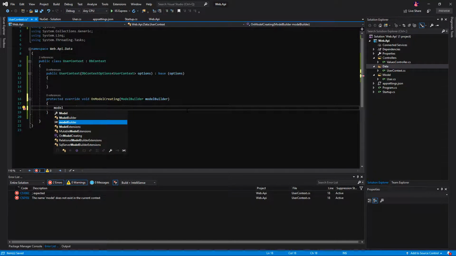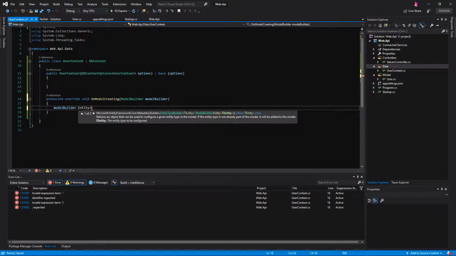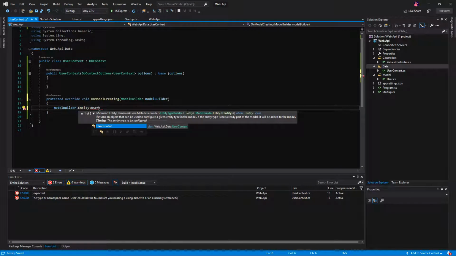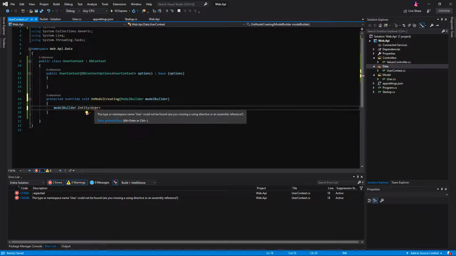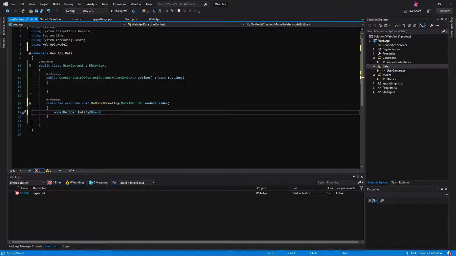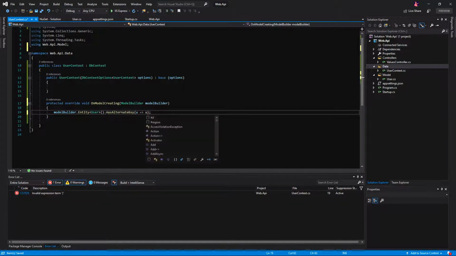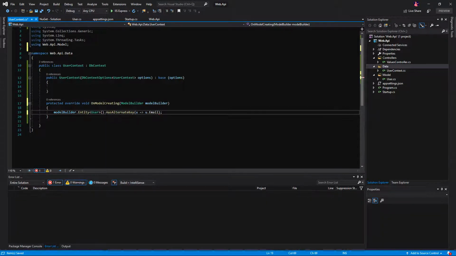So we can say modelBuilder.Entity User has alternate key, and we're going to specify the key is email address,